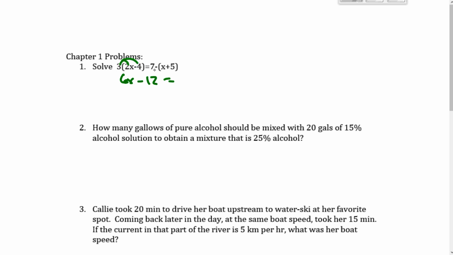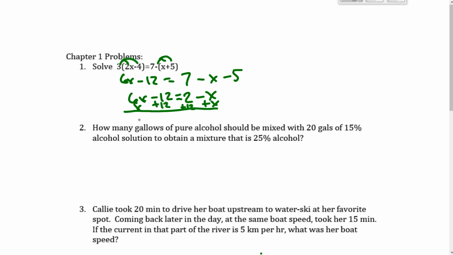I'm not distributing the 7 because the 7 is in front of that negative, so I'm going to distribute that negative to both of them. So negative x and a negative 5. Then I can combine like terms there. 5 minus 7 is 2, so I have 2 minus x. And 6x minus 12. So I could add 12